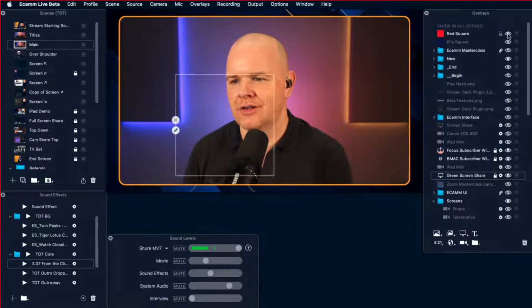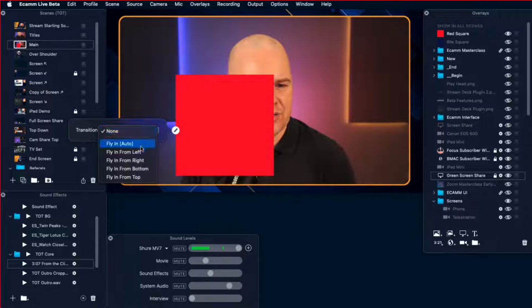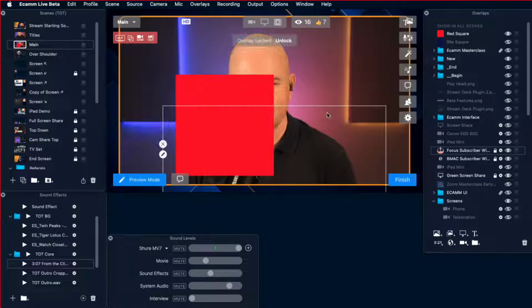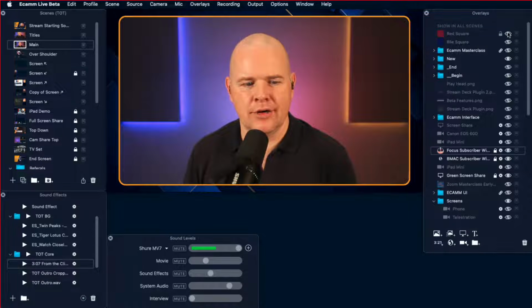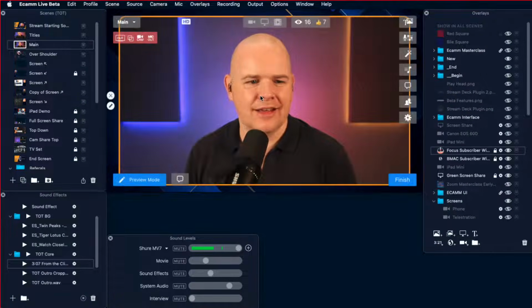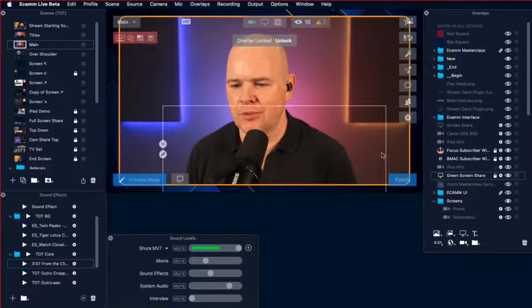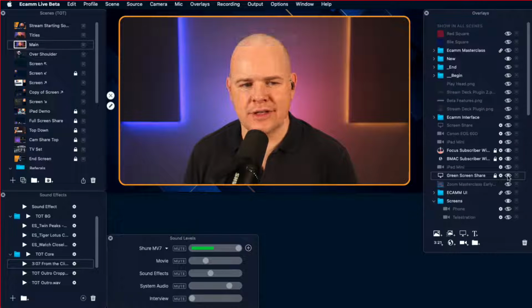I've got a couple of little random things. Here we go, this red square. So if I transition this one from left and right, I am on the beta though, mind you. I wonder if that's it. No, oh, there we go. That's worked. So that one has transitioned in and out, and technically that should be happening with this camera, but for some reason with this camera it seems as though